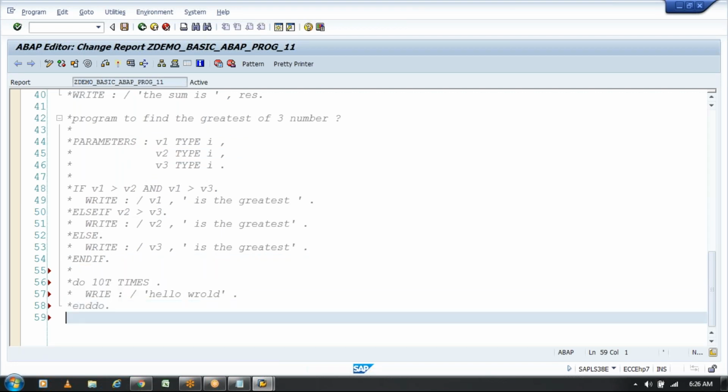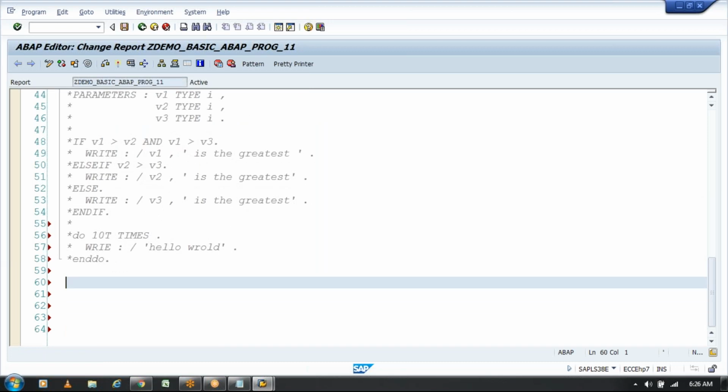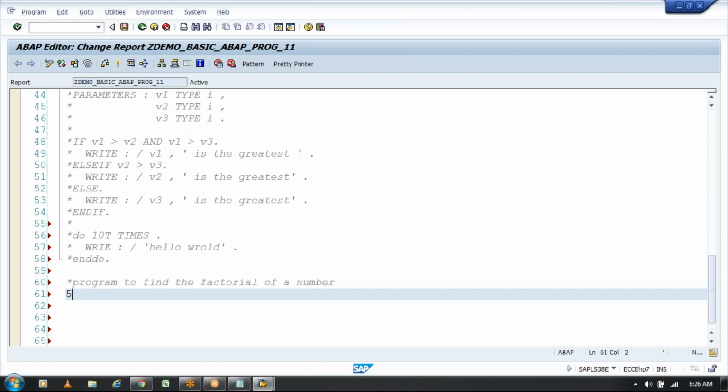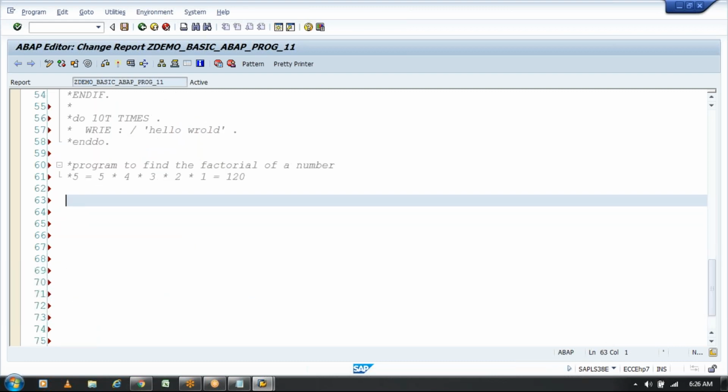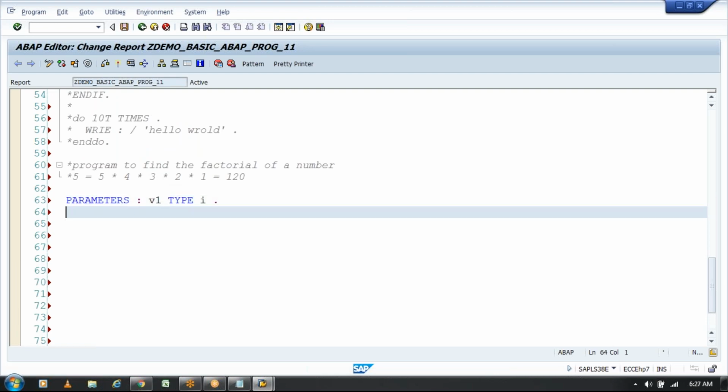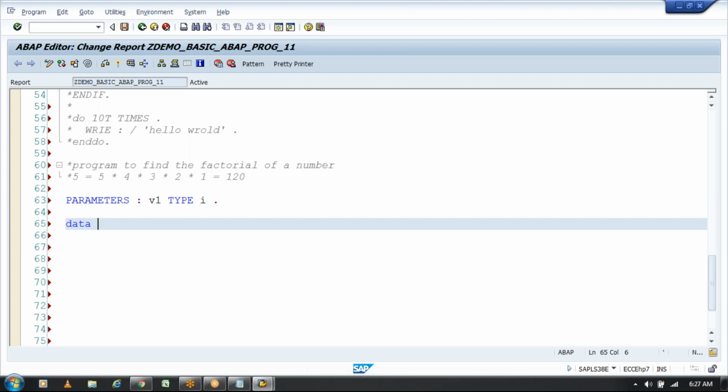Suppose I want to write a program to find the factorial. Factorial, if I say 5, is 5 into 4 into 3 into 2 into 1, like this. That is the factorial of a number. And I accept the number from the user, and then the variable called